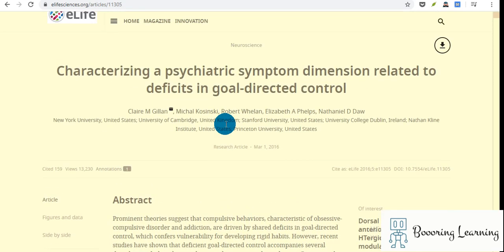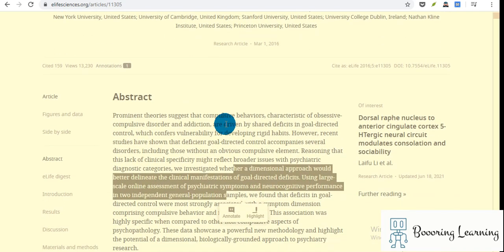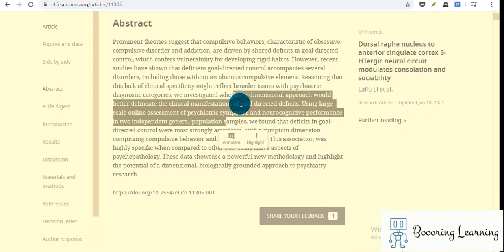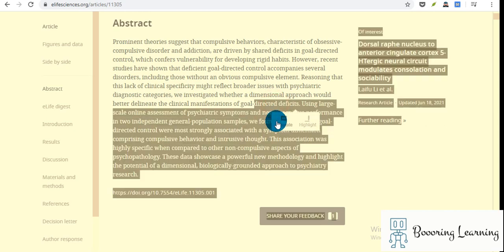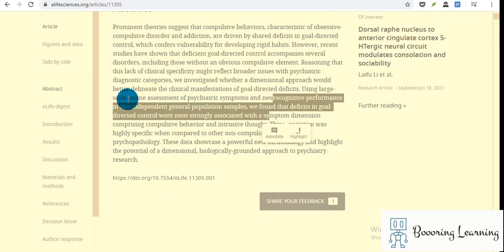So I think it's important how to define goal-directed control, so that whether we can control our behavior based on our goal, our purpose. So they probably explain how they measure goal-directed behaviors. We investigated whether a dimensional approach would better delineate the clinical manifestations of goal-directed deficits. So they define it as a deficit. That's also interesting. Using large-scale online assessment of psychiatric symptoms and neurocognitive performance